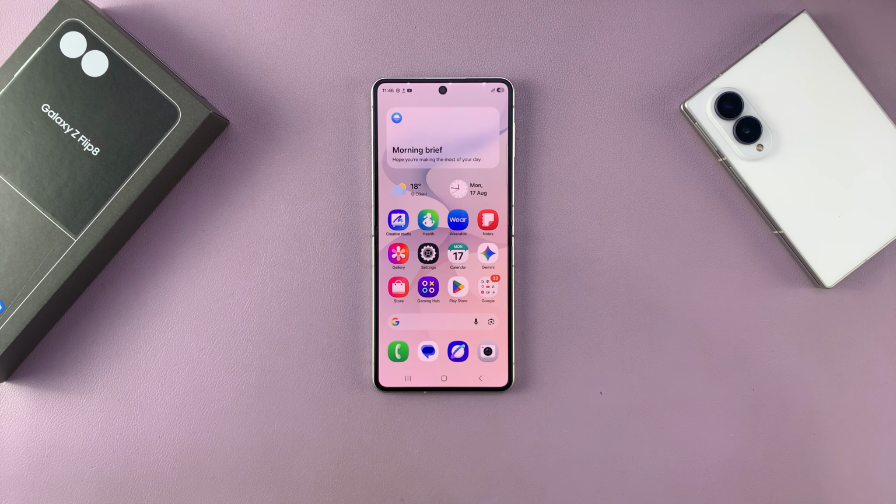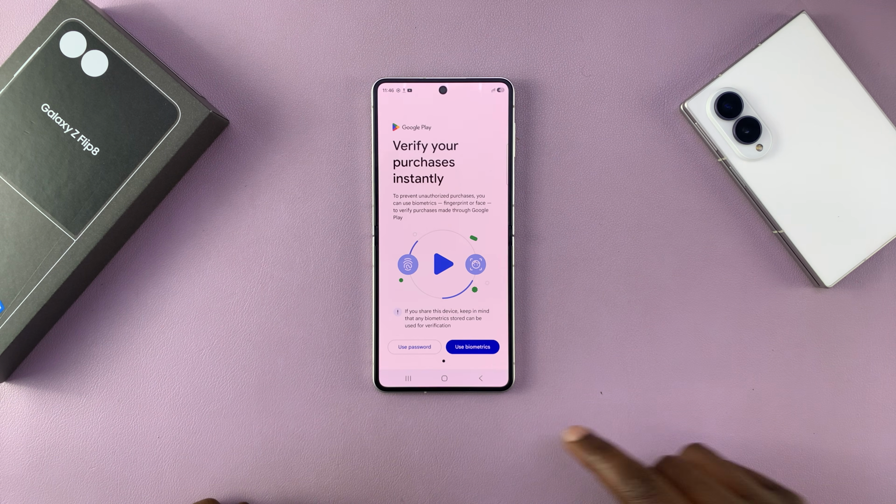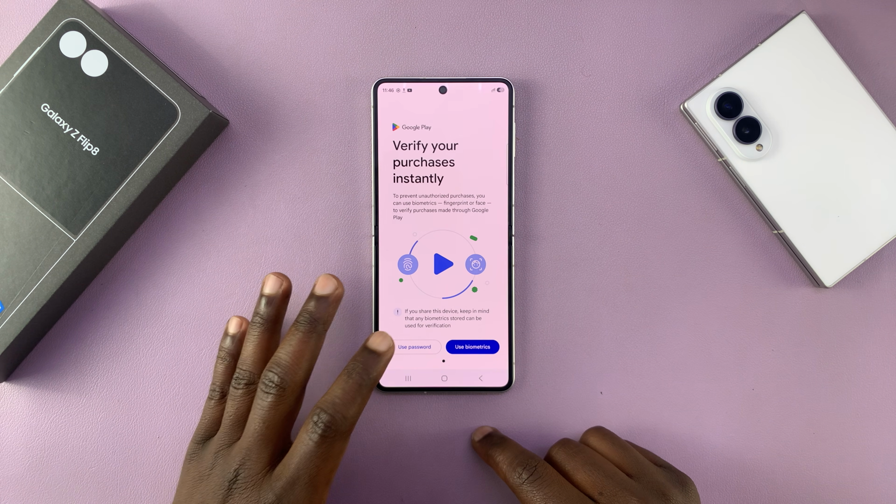So let me show you how to install and set up the Google keyboard as your default keyboard on the Galaxy Z Flip 8. So if you prefer to use Gboard or Google keyboard, first start by downloading it. So go to the Google Play Store